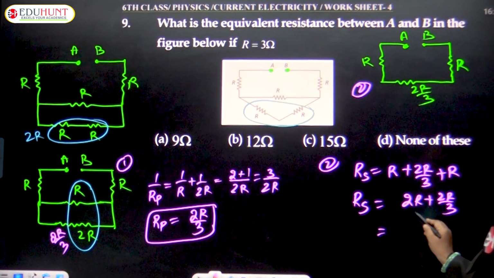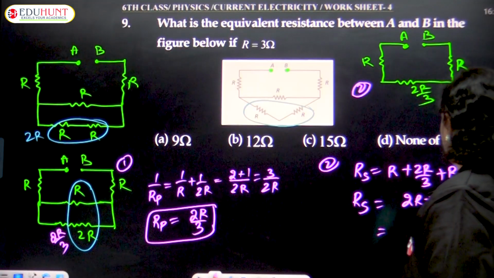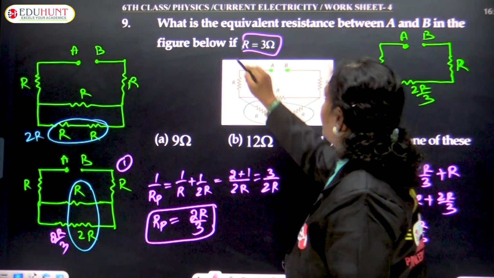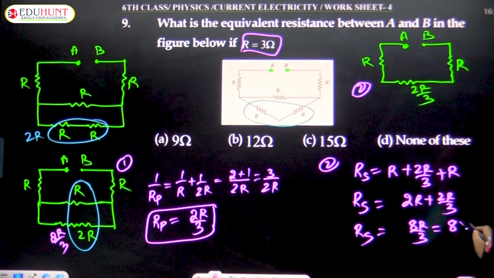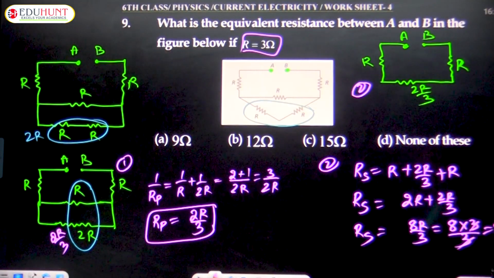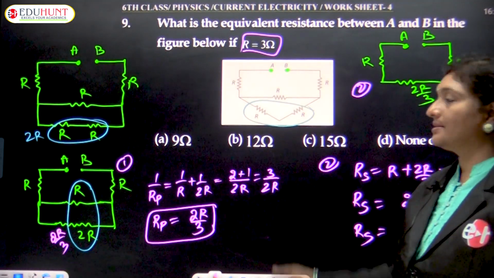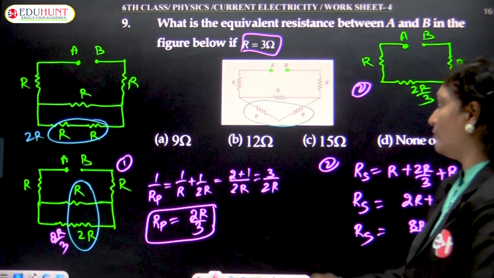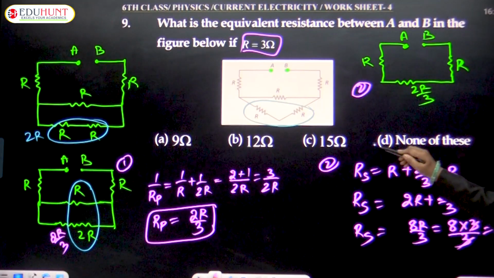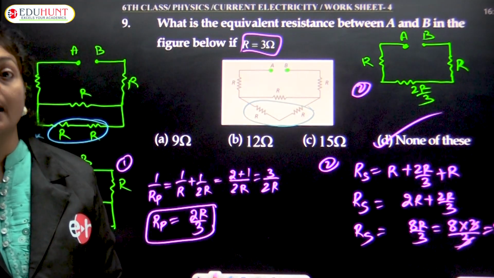Taking the LCM 3, 6R plus 2R is 8R upon 3. But the value of R, they have given it as 3 ohm. So substituting here, R is replaced with 3. So 3 and 3 get cancelled. The final answer is found to be 8 ohms. So what is the resultant resistance? The equivalent resistance of this given circuit, we are getting it as 8 ohm. But here, nowhere we could find the value as 8 ohms. Hence, the correct option must be option number 4, that is none of these, because the final answer is 8